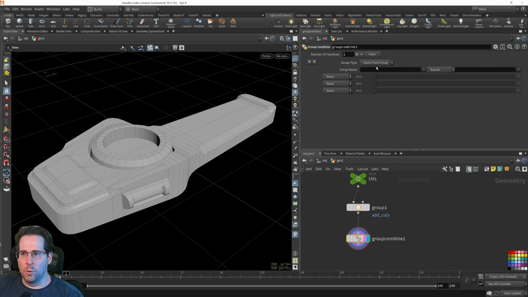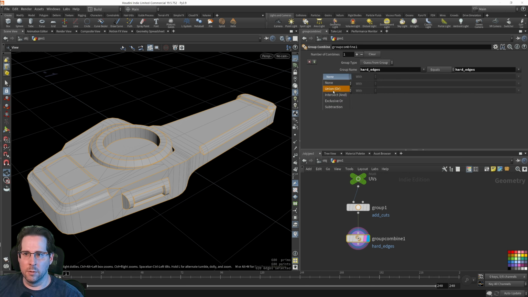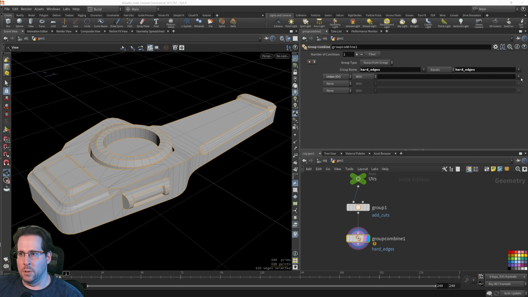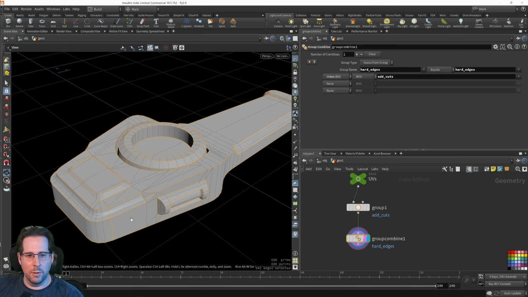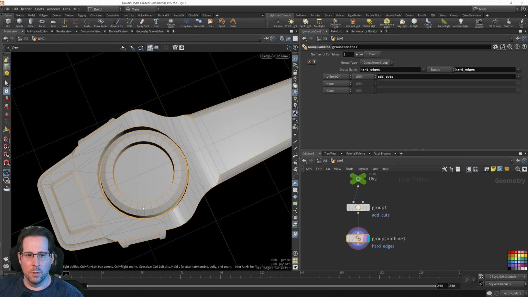Here we got our group name. And we take our old hard edges equals to the hard edges. And we now will add or union our old edges with the new add cuts. And now you'll see we have our old hard edges with the new